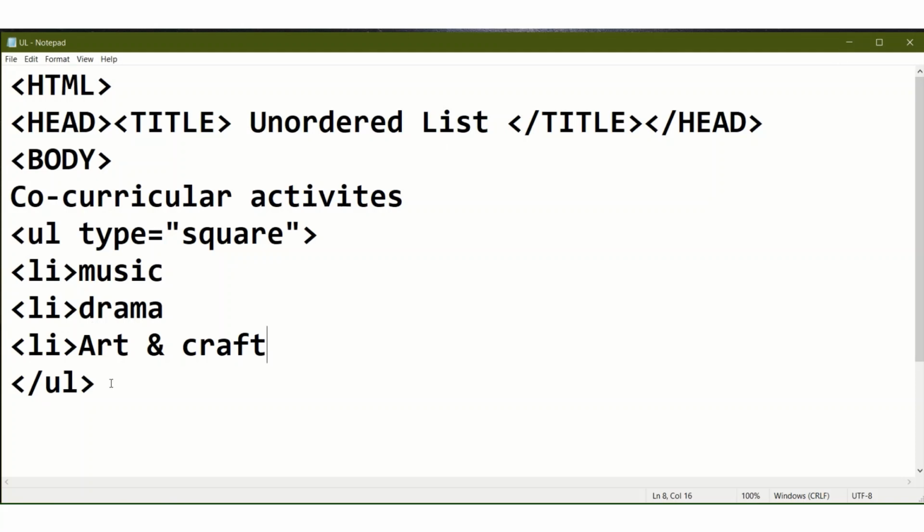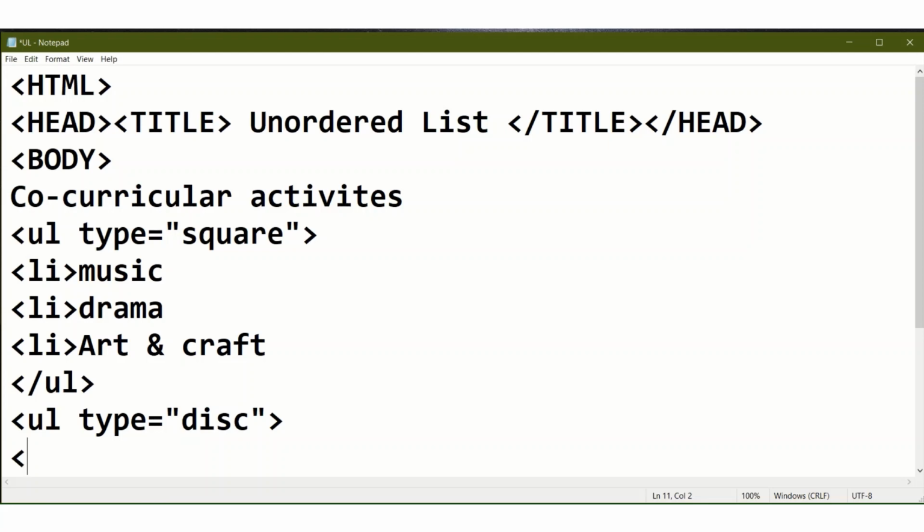If you want to create another list after this, you can just press enter, and then again type ul, then type. Suppose you want to use disc, so give disc, then type whichever items you want.